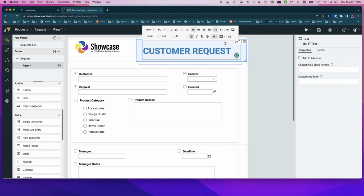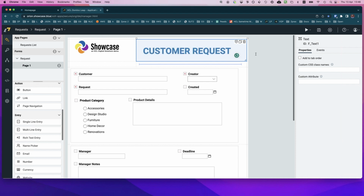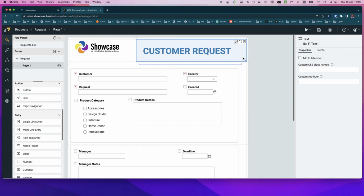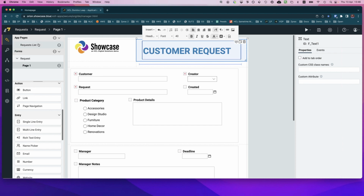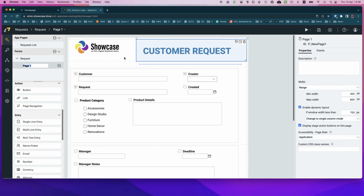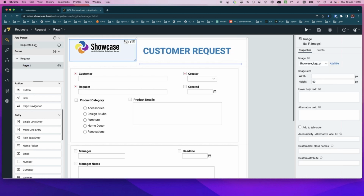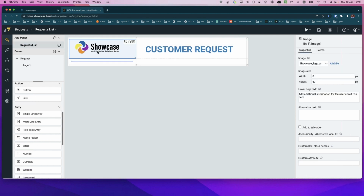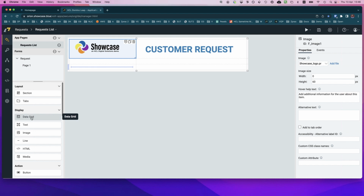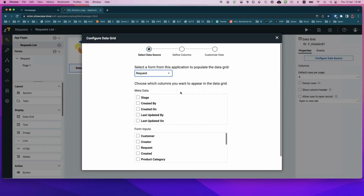Now copy it. Paste. Let me try this same image. Copy. Paste. Okay. And now we want to insert a row below, and we want to put a view. View is created by data grid. I just drop data grid,